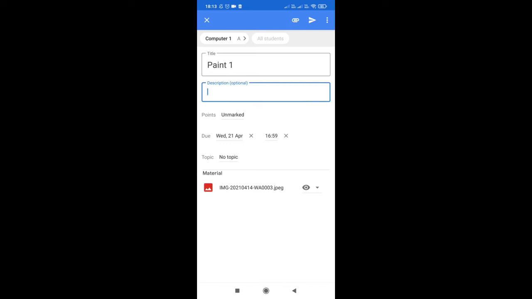Now over here you can see that it has given an I sign over here. It means what kind of document you want to give to your student. Here I have three options. Student can view means it is a read only file. The student can view only. No changes can be done by the student. And the second one is student can edit. If you want them to do a group activity, or as a whole class, you want them to post something on this assignment, you can choose this option, student can edit.